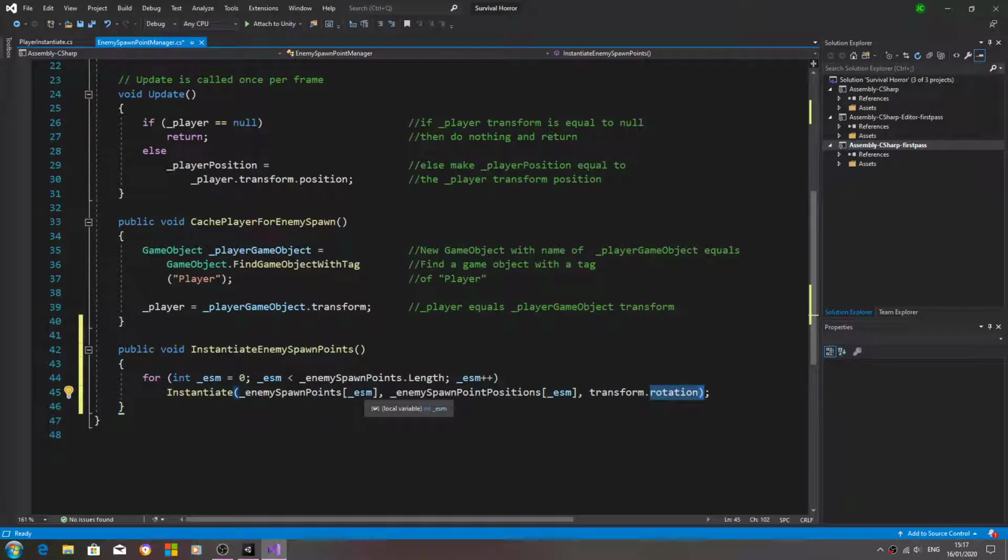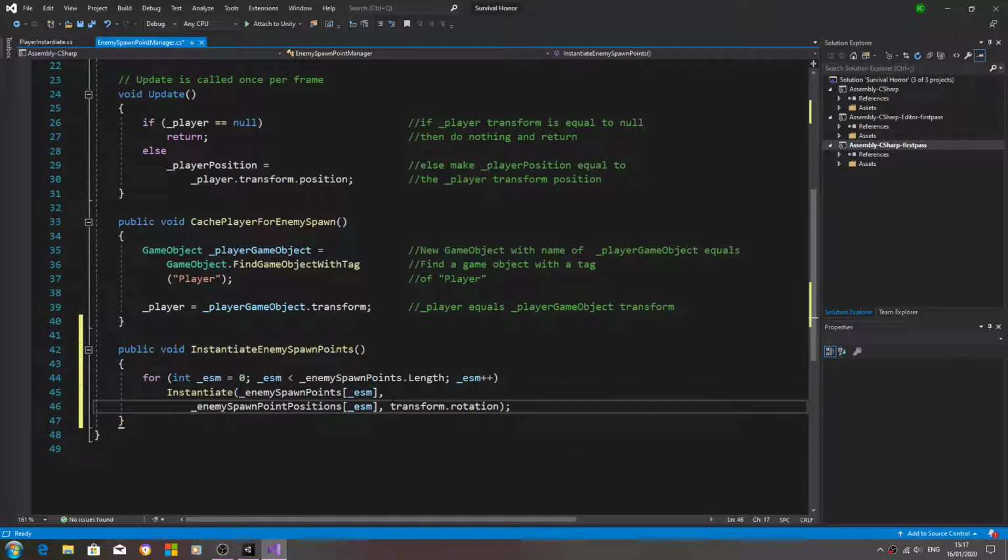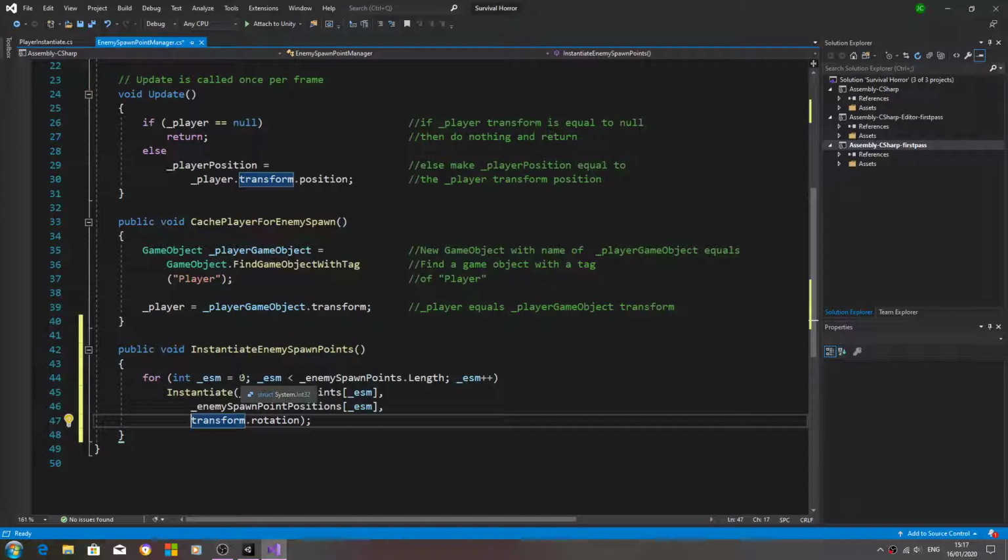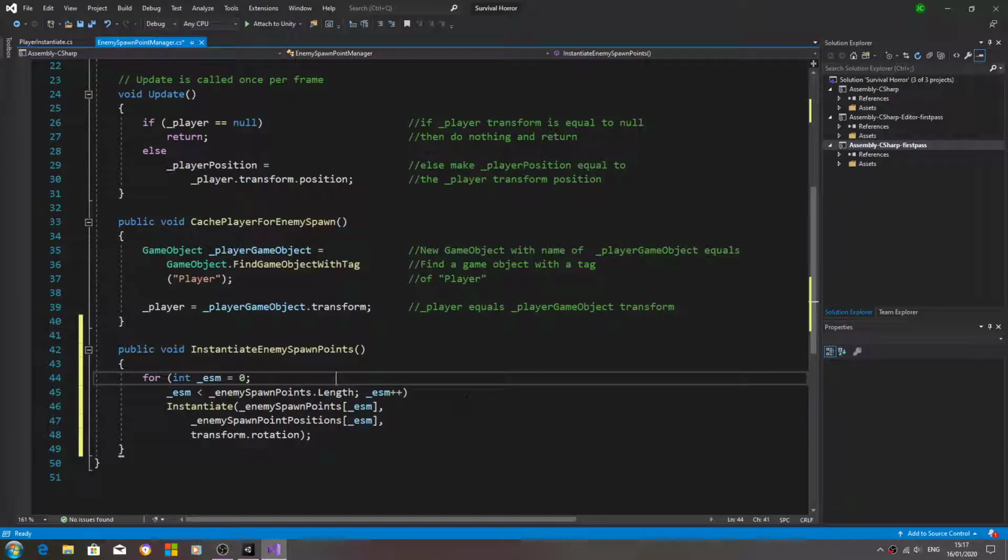So now that is finished, let's break this up for commenting. Let's have a look here. Yeah, the comments may be slightly out, but it'll be okay. Let's have a look. We'll say create an int underscore ESM and make it equal to 0. The next line,